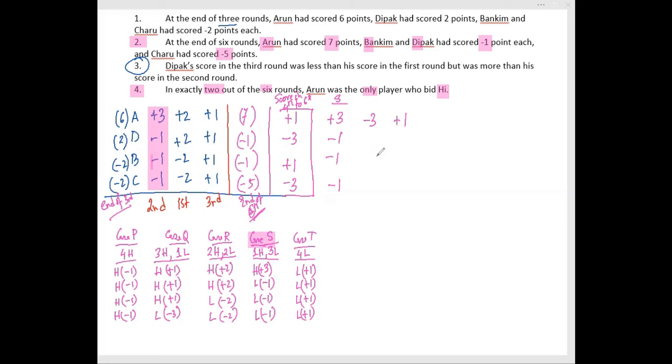Other cases, if I find, similarly, we can find that it would not justify for all of them. Whenever it should be -3, if -3 is happening, it should actually be the case of Q. So at that time, all others are +1, +1, +1, +1. And then again, this +1 is happening for the case of Arun. Now to satisfy, it can be T, it can be the Q case. But checking and finding the possibilities, we find that it needs to be +1.